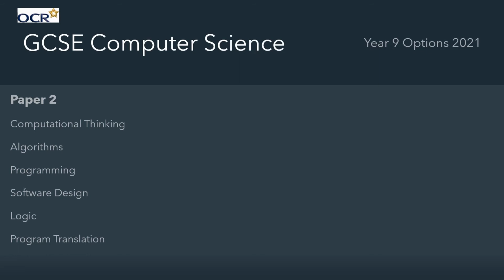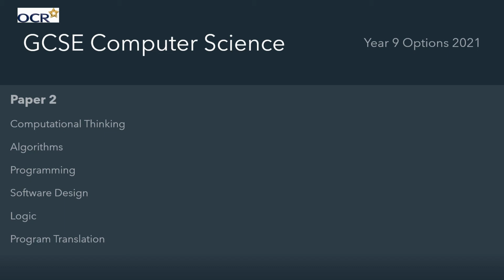In paper two, we look at computational thinking. Computational thinking is a problem solving technique in computer science that covers four areas: algorithmic thinking, making algorithms; pattern recognition, recognizing the solutions that we've seen in other problems and using them to solve our current problem; decomposition, taking a large problem and breaking it down into smaller pieces so it's easy to solve; then abstraction, removing the unnecessary parts of a problem so we solve the bits that actually make sense to solve.